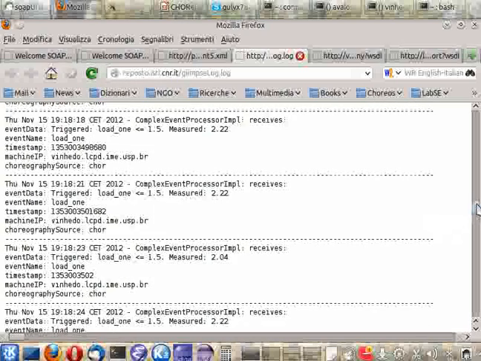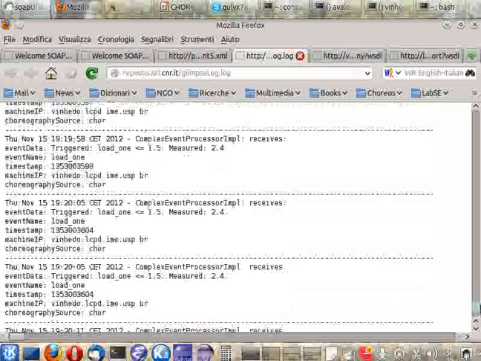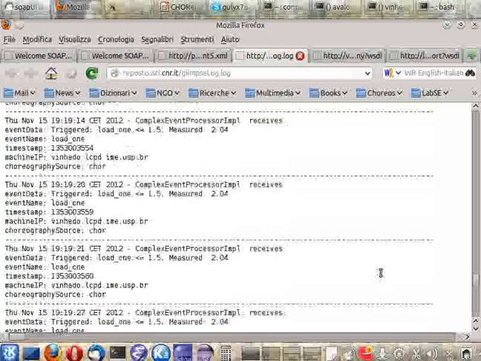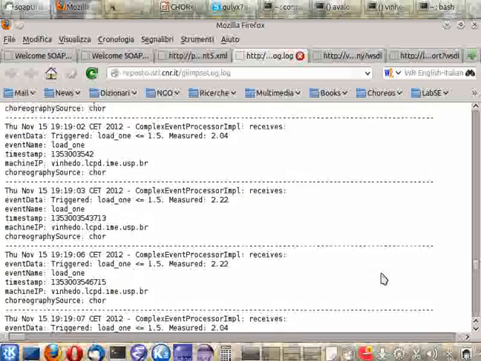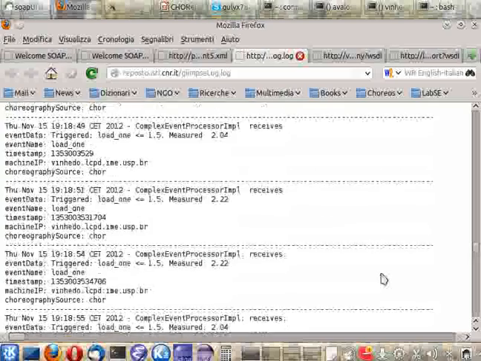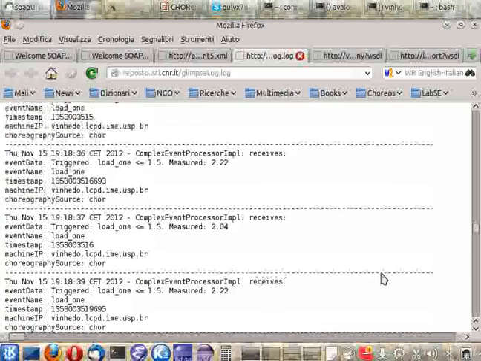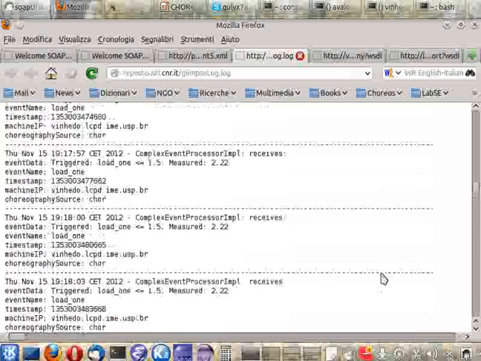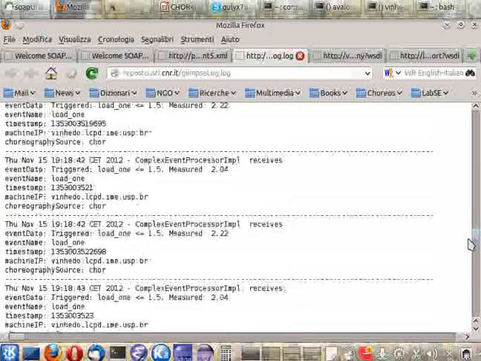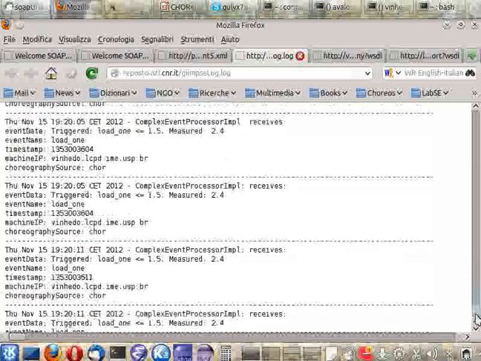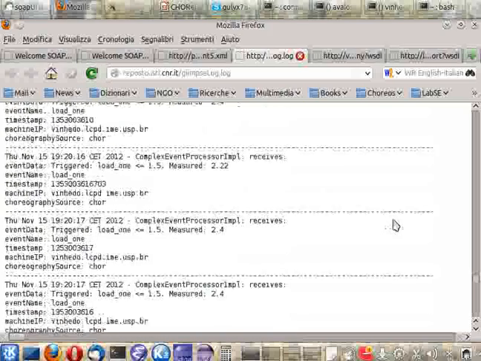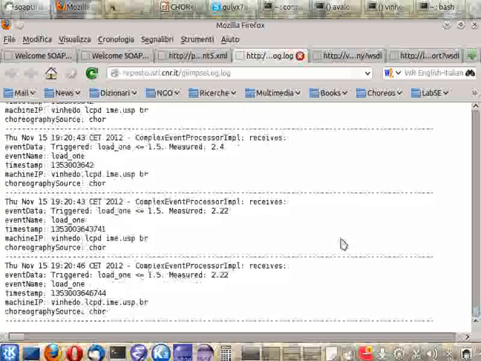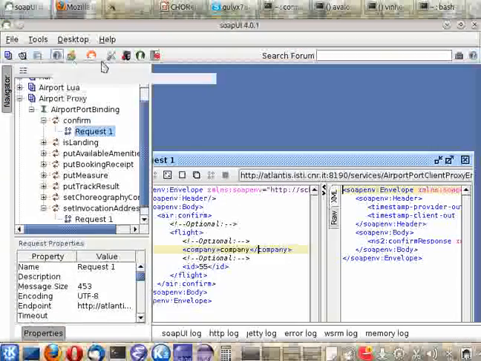Maybe I need a refresh. Sorry, I lost it. I tried to generate another SLA.